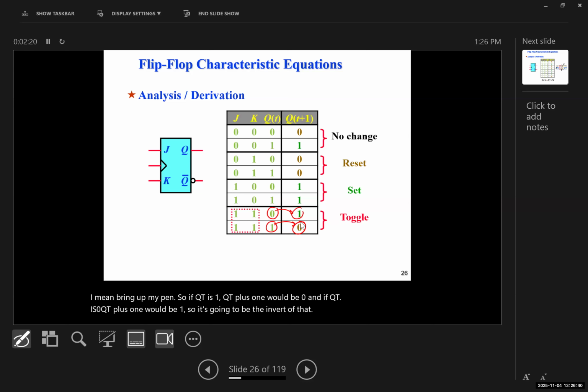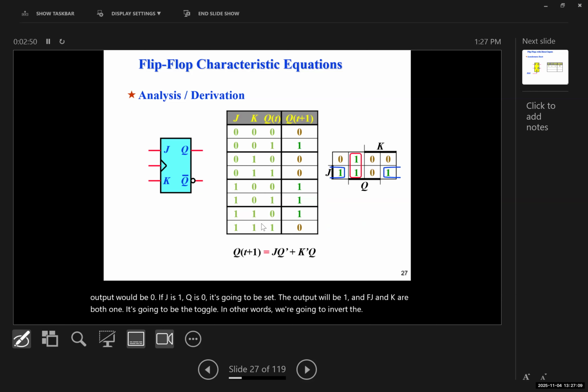So J and K 0, 0. We would lock the flip-flop and we would have no changes in the output. Whatever QT is, it's going to be the same as QT plus 1. If J is 0, K is 1, it's going to be reset. The output would be 0. If J is 1, K is 0, it's going to be set. The output will be 1. And if J and K are both 1, it's going to be the toggle. In other words, we're going to invert the